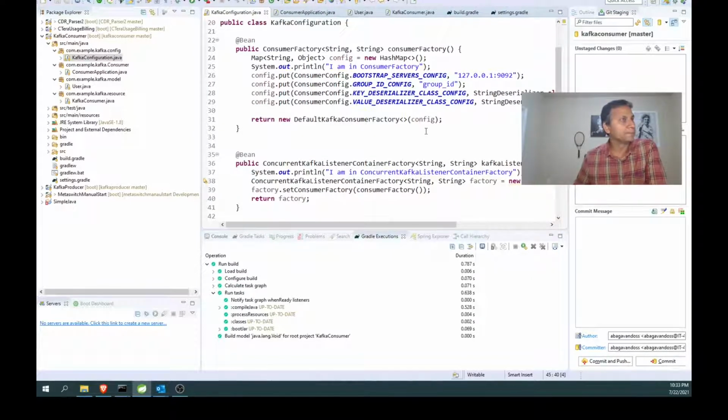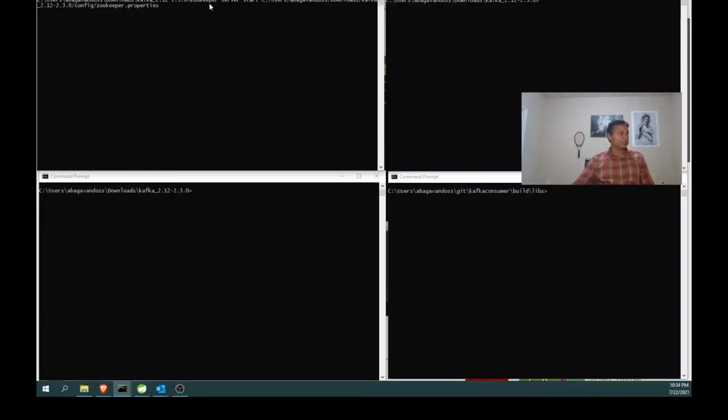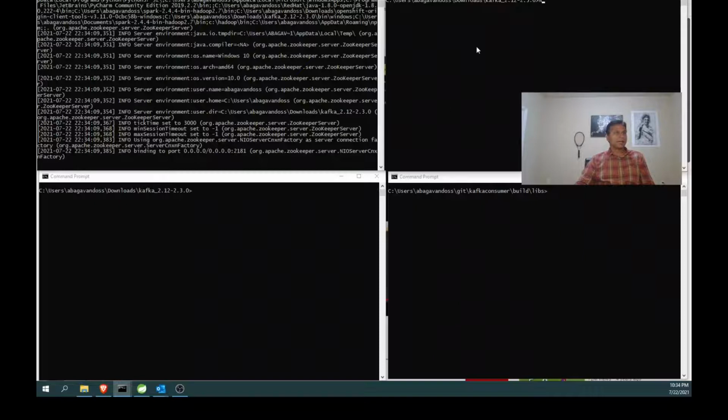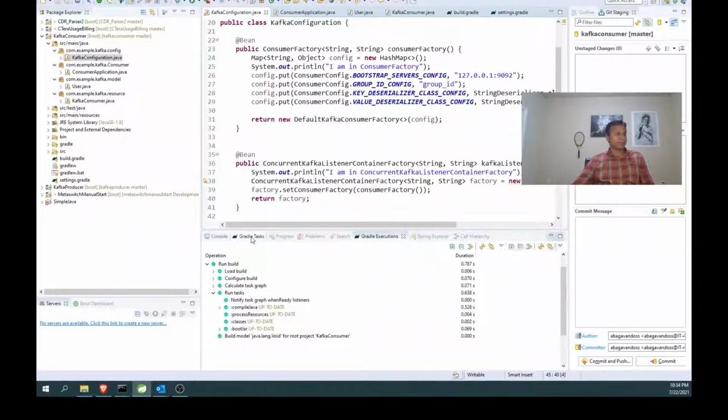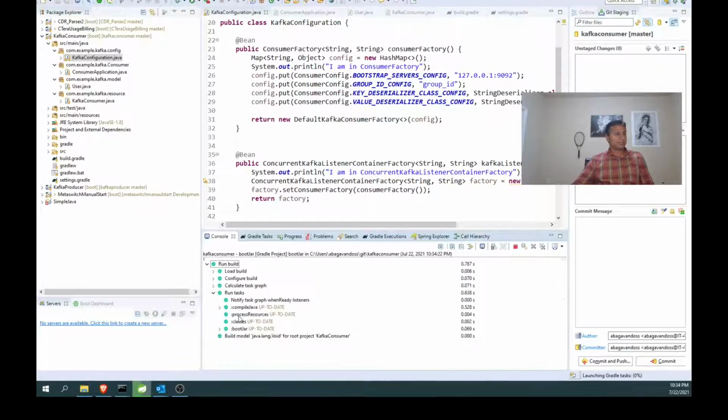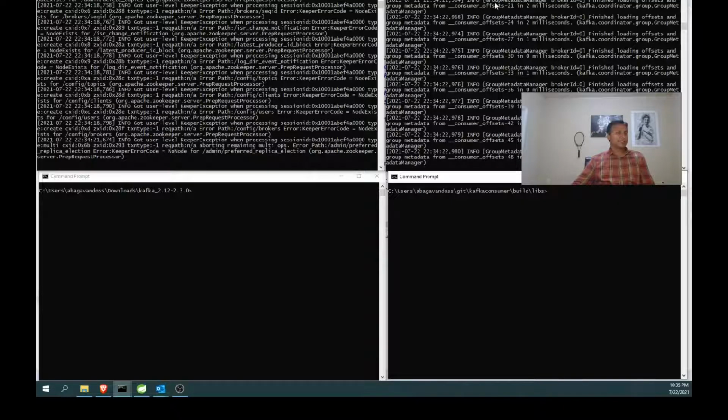Yeah, let us get into the demo. First I need to start the Zookeeper. Then I need to start the Kafka server. And for your information, from the Gradle task, I will create the boot jar. Now in this session, Zookeeper is running, and the server is running. Here I'm going to use a producer. Last time, after creating Zookeeper and server, I started the consumer, but now I'm going to start only a producer. Now I'm going to start my application, Kafka consumer.